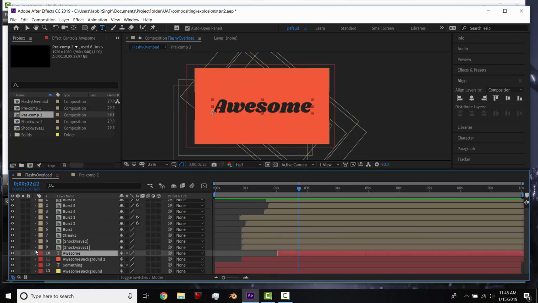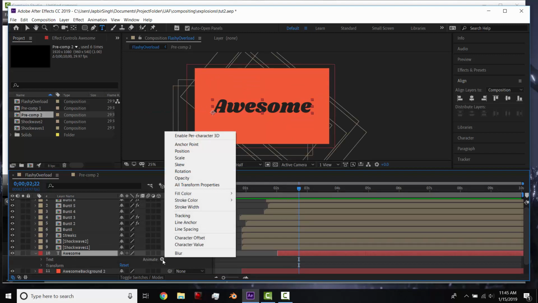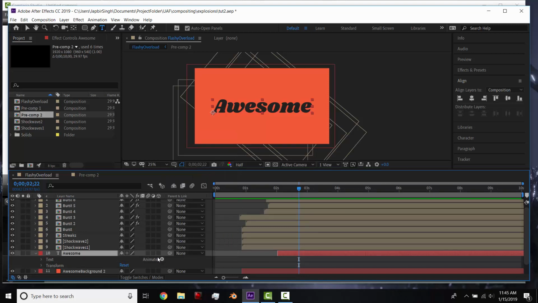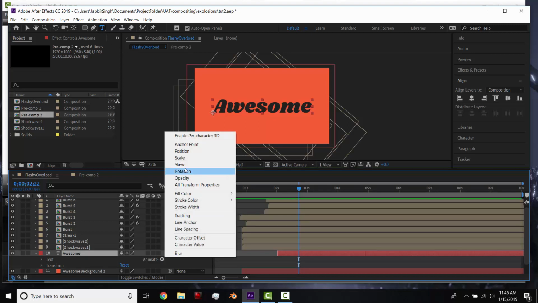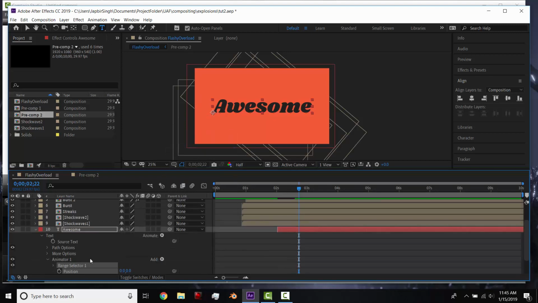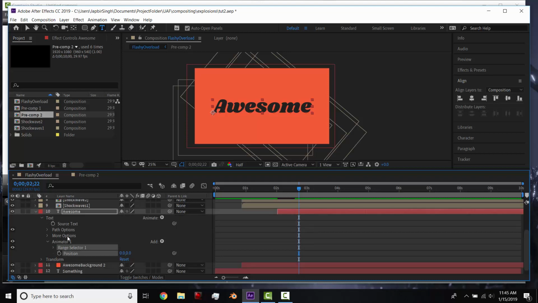Let's try animating it a little differently. Remember what I said, if you pop open certain layers like text or shape layers, you get these different properties. Well, we could animate the position and slide it in, but let's do something a little trickier. We can add this extra position property, which at first glance seems the same. So we created this new layer, it's called animator, and then there's this position. So let's just slide it off. Let's slide it out of frame,